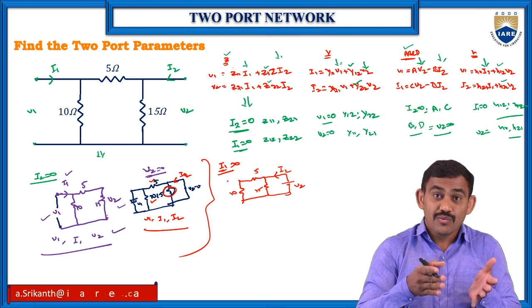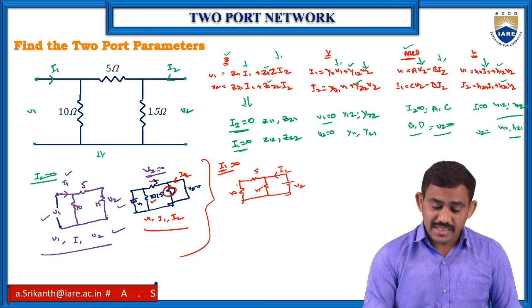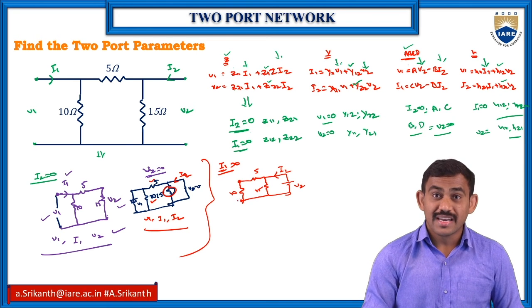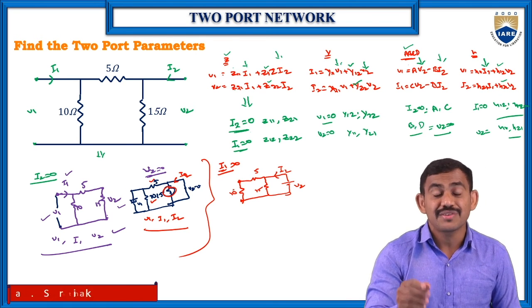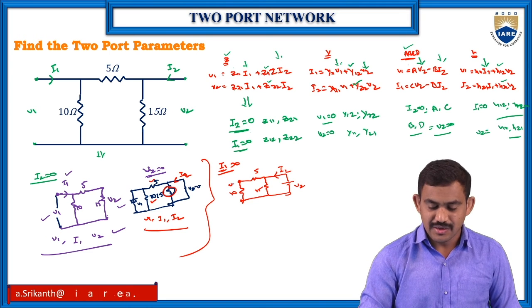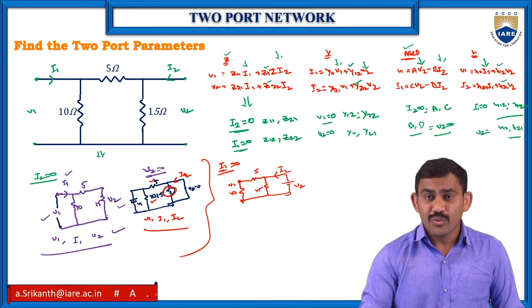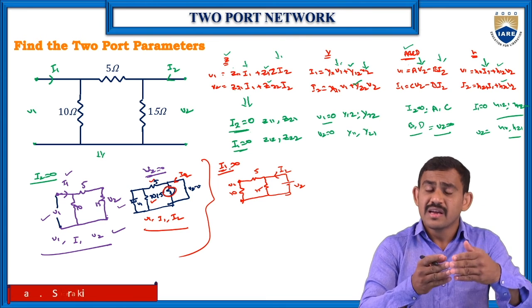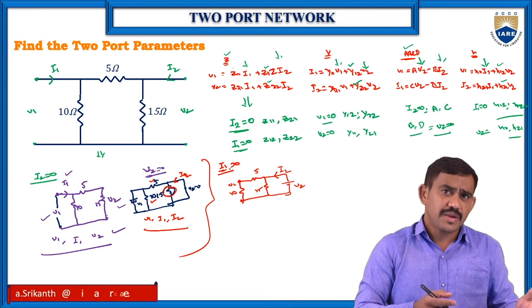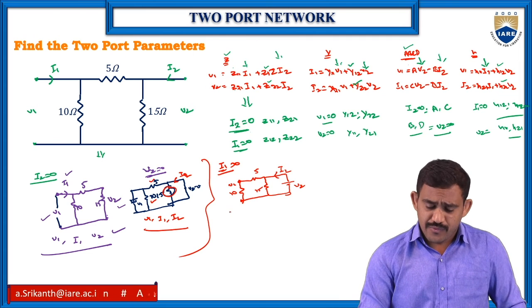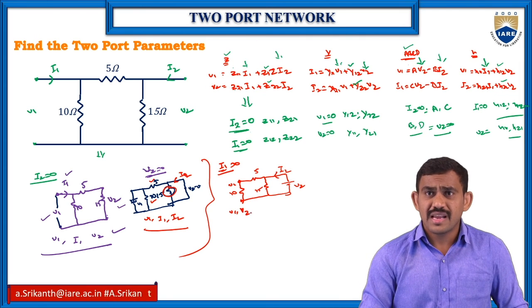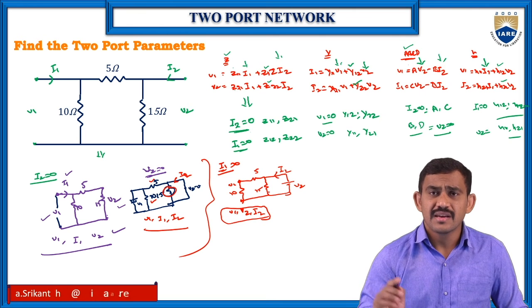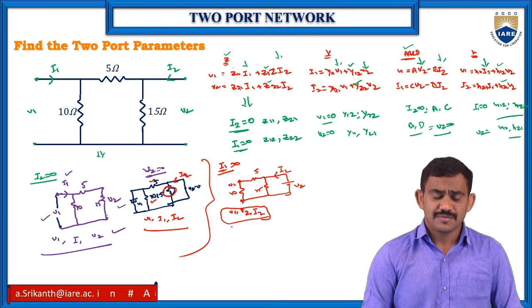So what about your V1 voltage? Here V1 voltage is across the 10 ohms. Across the 10 ohms, we have the V1 voltage. Now, what is your I1 value? I1 value is 0, so no need to worry about it; 0 means it's an open circuit on the primary side. So we need to find out the V1 value, V2 value and I2 value. If you find these three values, we will get those parameter values.